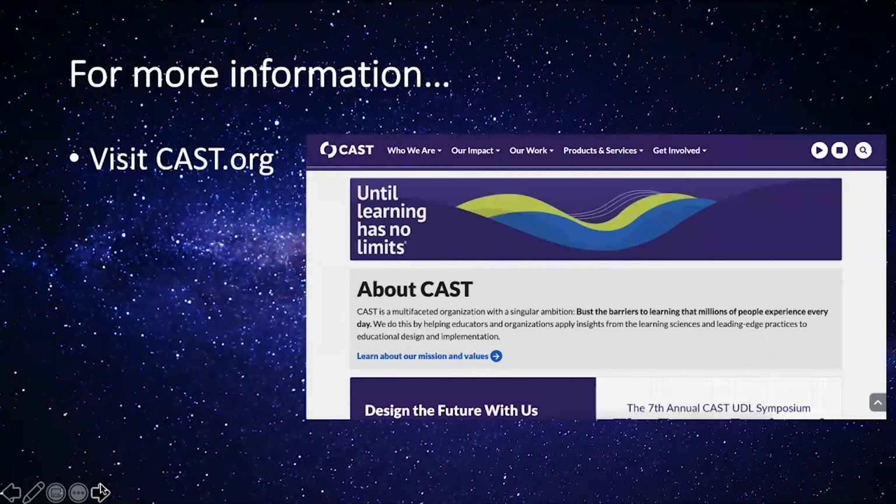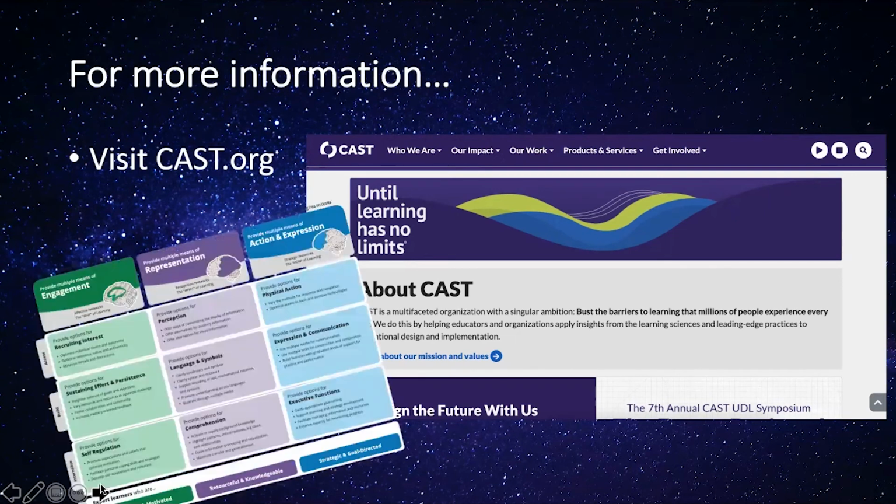CAST's website, which is really one amazing resource, has tons of information and additional resources, including recommended reading, online tools, courses, and more. One tool that I recommend, and I also mentioned it earlier, is the one-pager that CAST put together of the UDL principles and guidelines. This would be a great tool I'd recommend to have on hand as a reference for whenever you sit down to create your instructional design. I'll post the links in the description so you can easily find them when you're ready to dig deeper into